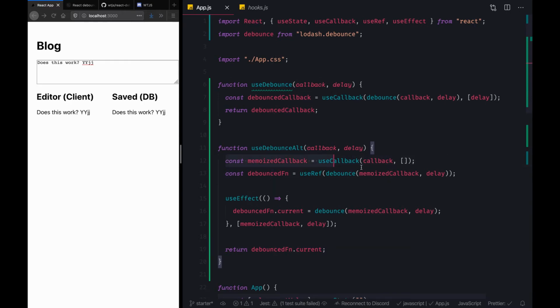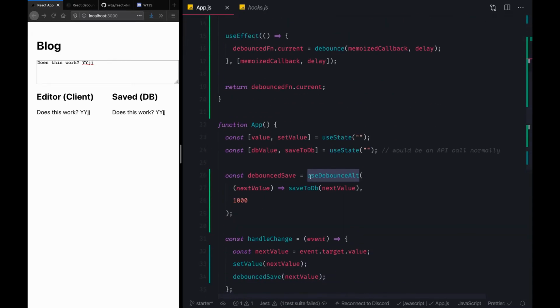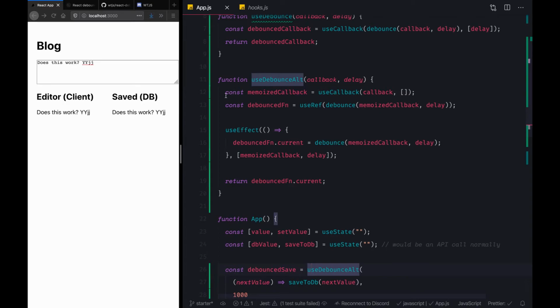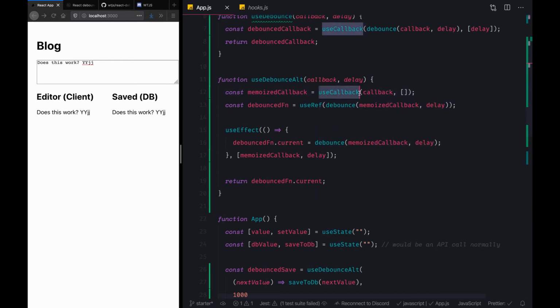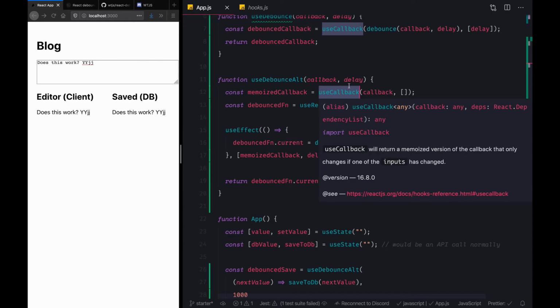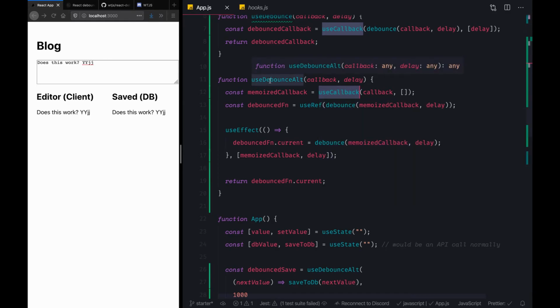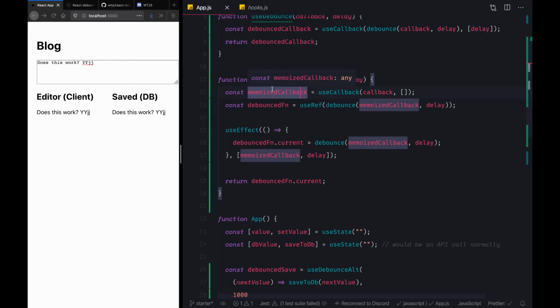But just to review this section, whenever we are invoking this debounce alt hook over here, we are creating a memoized callback, and since we are using a useCallback hook here, this would only be created once, the first time that this hook is invoked, and now this won't ever change during the lifetime of this component.